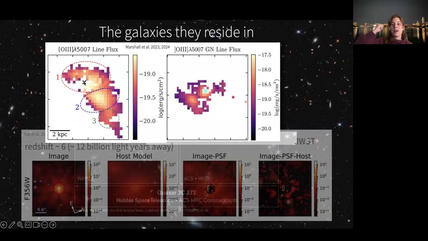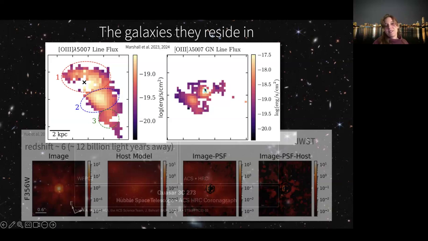And then what you do is you model and subtract that light, and that allows you to see this fainter structure underneath, which is your host galaxy. And this is just showing you that there's obviously some galaxy that's hosting the quasar, but there's this blob over here, which seems to be morphologically distinct and could be another galaxy sort of falling in. And there also seems to be a third blob, which is sort of following the trail. So this could even be like a trail of galaxies that we see actively, maybe even fueling the quasar,